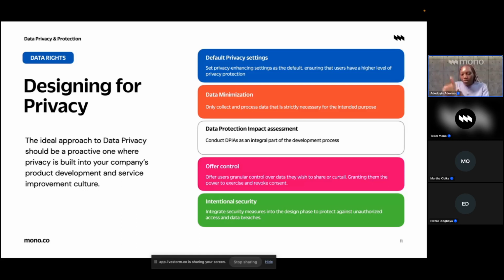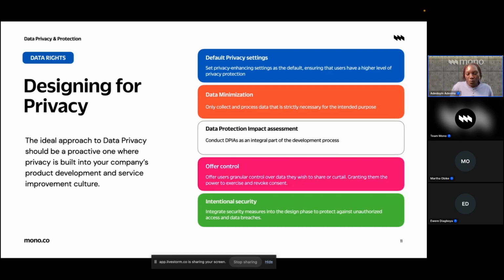So how do I create that safeguard for my business, ensuring that I am also not jeopardizing my own business data, my own reputation? At the same time, I'm not putting the people that have entrusted their financial information to me as a business in jeopardy. So having a way for you to assess all the risk and mitigate it from the beginning is much easier than when your product is out there in the market and then you're seeing all of these troubles.